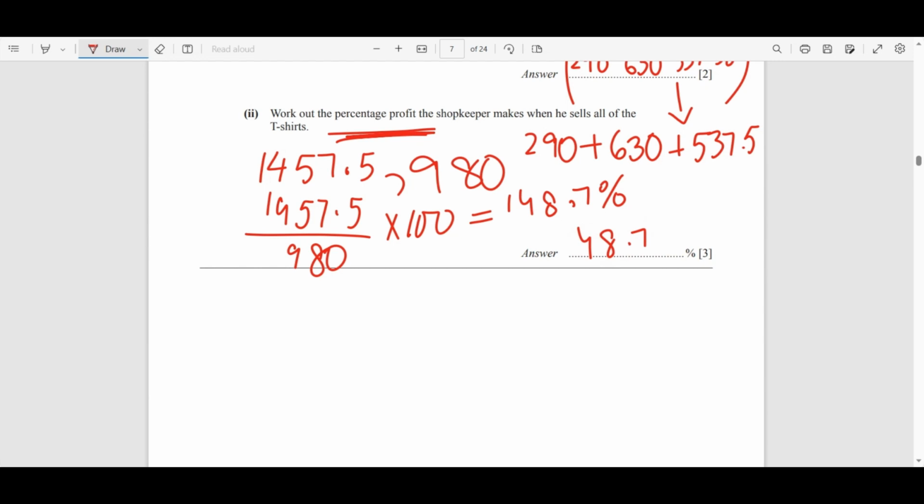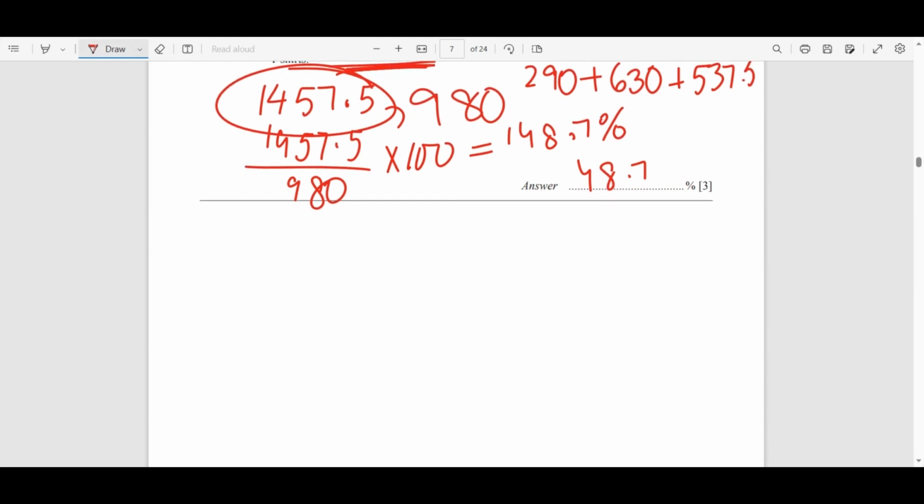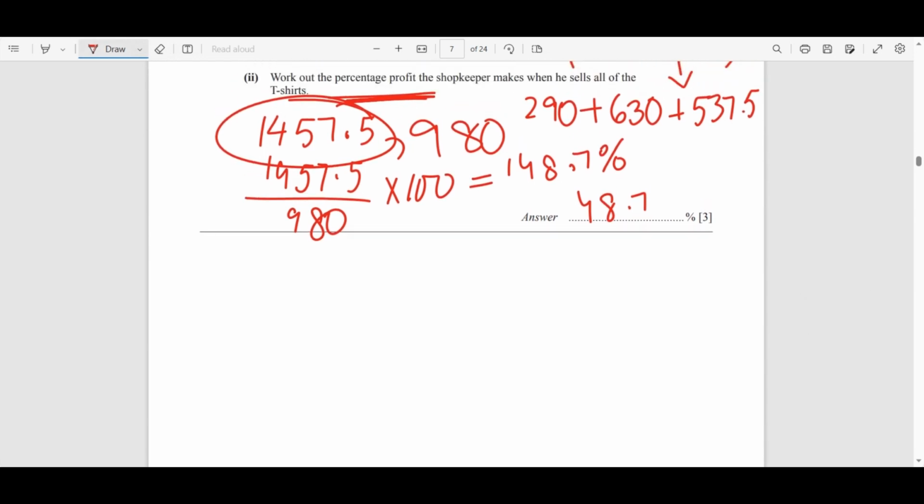Or there's an alternate method to it, because this is the amount he has actually earned. This includes the amount he paid to that lady and the amount he earned, like his profit also and his expense also. So there's an alternative method to it. I'm just quickly going to explain the other method. Let me just write it down here because it's only explanation. So if you want to calculate the percentage of profit, you first need to divide the profit by the amount you're making it on. So if you want to calculate the profit amount, you first have to subtract the two numbers